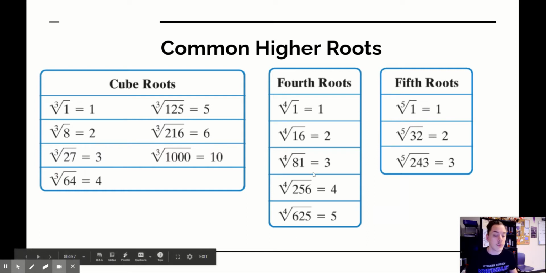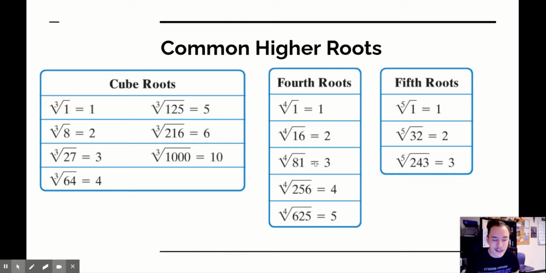Sometimes we use the fourth root here, but not likely. And then the fifth root, sometimes we use a fifth root, but again, not likely. So I would, if I were you, at least write these down so that you can reference them, because in this lesson, we're going to be referencing them, at least most of them, quite a lot. So let's move on